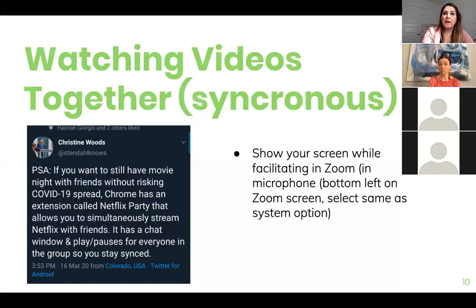But Netflix also allows you to share videos and watch with friends. You'd have to have Chrome, and it's an extension, and then you can stream Netflix. This is a little more complex than I want to get into. But if you need help with this, we can definitely help you organize it so that you could watch a movie all together. You could ask the students to watch it, but some students might not have Netflix or have the capabilities, so maybe watching it all together might be a good option.